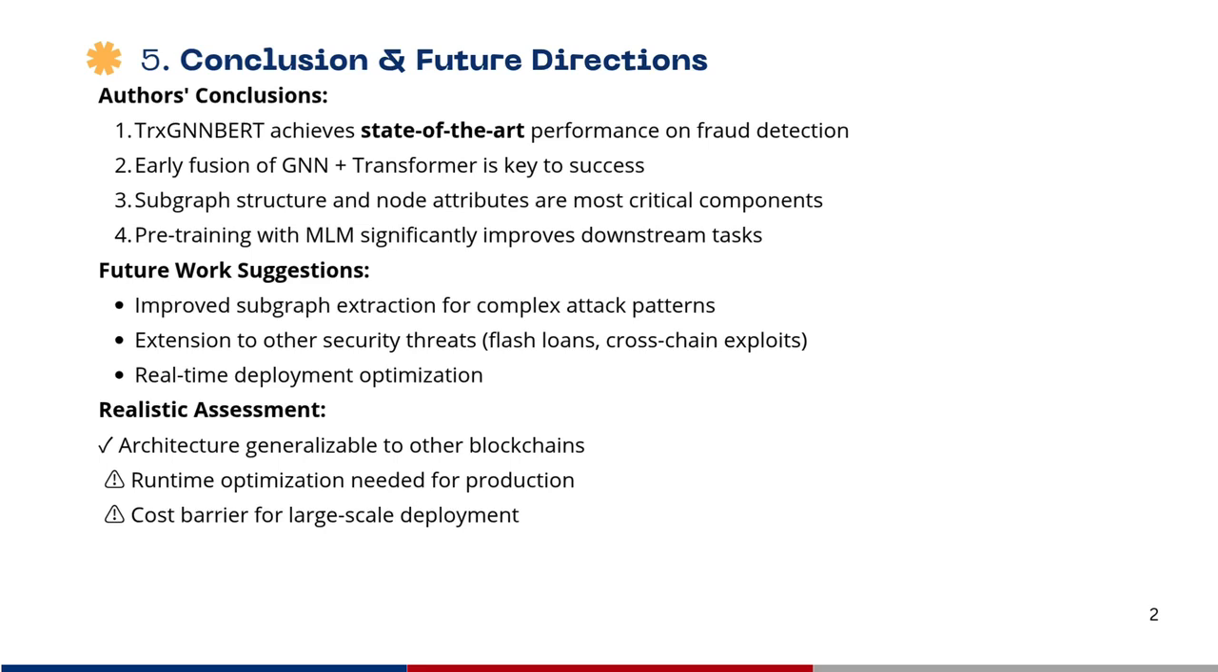Looking ahead, there are exciting directions. First, extend to other security threats like flash loans and cross-chain exploits or other types of DeFi fraud detection. Second, optimizing for real-time deployment. The current 20-second latency needs improvement for production use. Third, improving subgraph extraction to capture more complex attack patterns. And finally, validating generalization across multiple blockchains beyond Ethereum, for example, other blockchain networks like Solana. The architecture itself is generalizable, but practical deployment at scale requires further